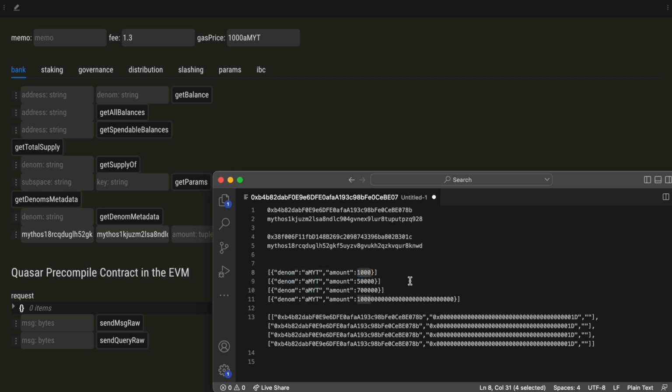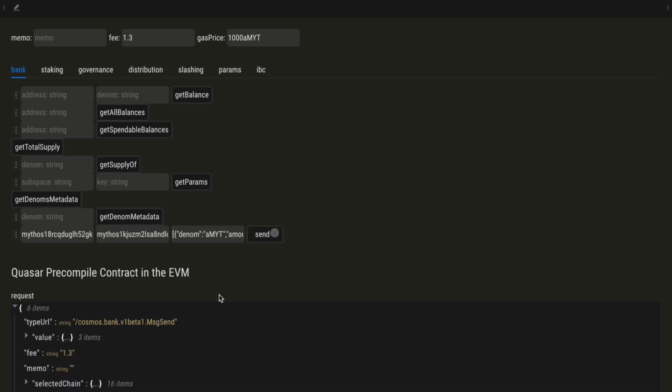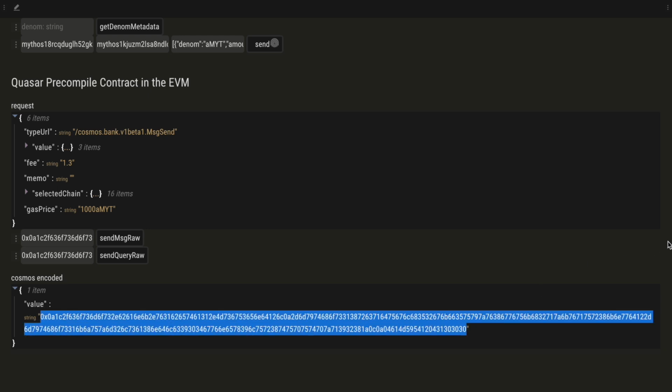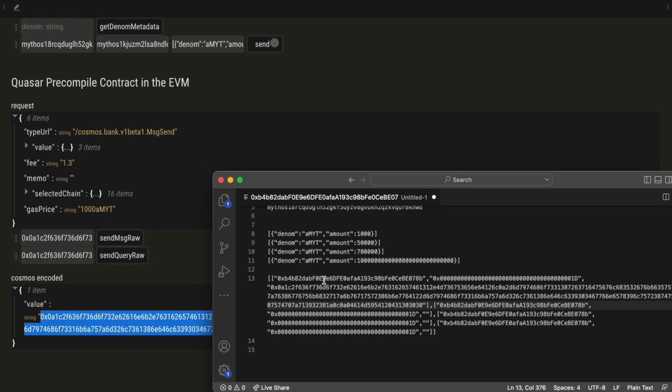The amount is 1,000 units. And this will just encode, give us the encoding. So this is the Cosmos encoding, and this is the ABI encoding that we will copy here and provide as call data for our call.